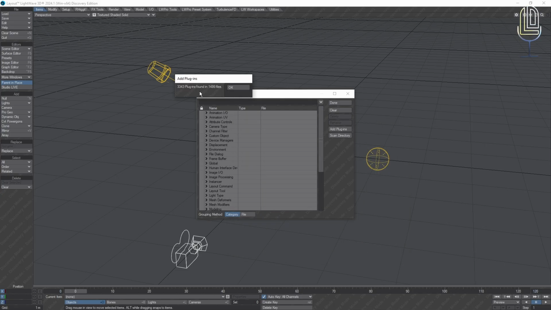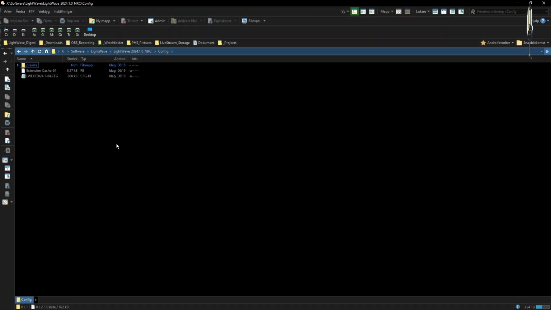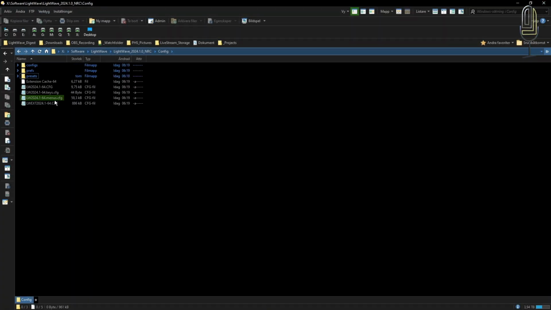Okay, it says there that it finds 3,343 plugins in 1,486 files. Okay, done. And then I close this so that it actually saves these configs. So I just close this. So now you can see that I have